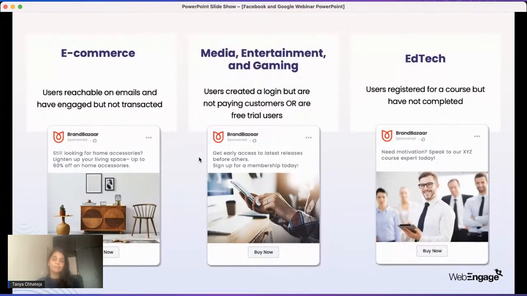Now, here we have examples of the target group we would look at industry-wise if we were to slice and dice the data and then create campaigns based on that. For e-commerce, I would use a list of users who have been reachable on emails and who have opened my emails in the last 3 or 4 months but have not done a transaction event. I would use an image like on the far left, something like that, to help them understand